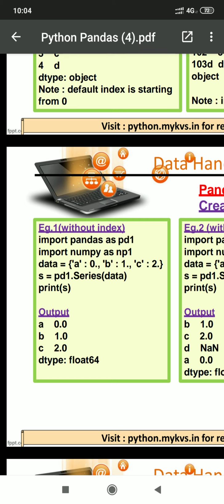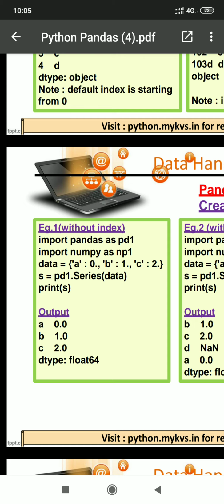How can we do it? Earlier we were passing a list inside a numpy array, and here we are passing a dictionary directly inside the series method. Here numpy array is useless in this program because we are creating a dictionary with the name data.